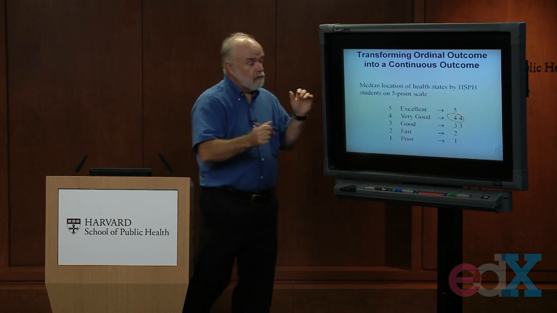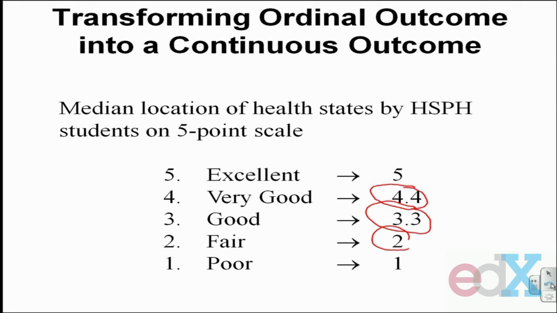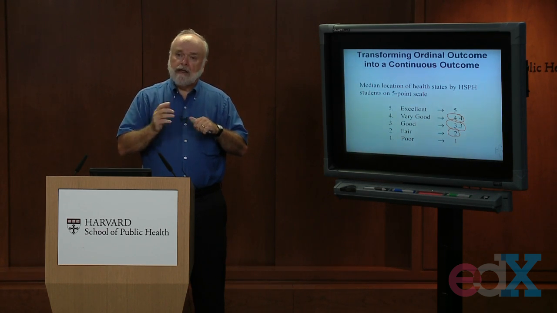The location for good health was represented on average by an X that was not in the middle of that line, halfway between poor and excellent health, not by a 3, which is in the middle between the numbers 1 and 5, but by a value of 3.3. And finally, they represented fair health as essentially being 1 unit higher, 1 centimeter higher on a 5 centimeter line scale than poor health. Meaning that if we were going to use individual answers to people's responses to these questions,